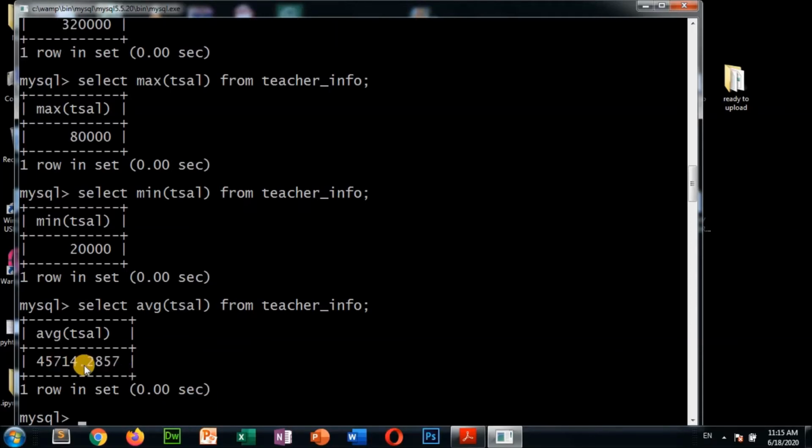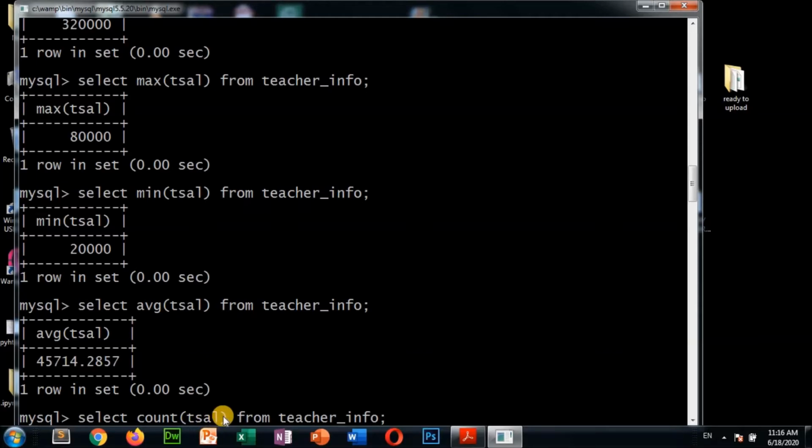Then suppose you want to count how many teachers are there in the table, how many records are there in the table. For that case you have to write count here. If you count all the teacher salary, then also you will find the record. If you count teacher name, how many teachers are there, then also you will get the same record. If you type here count star from teacher info, then also you will find the same record.